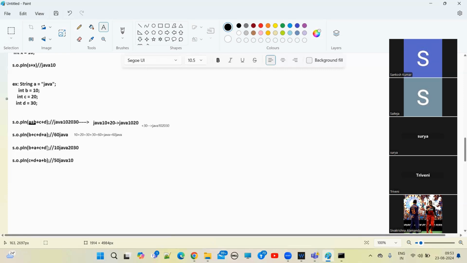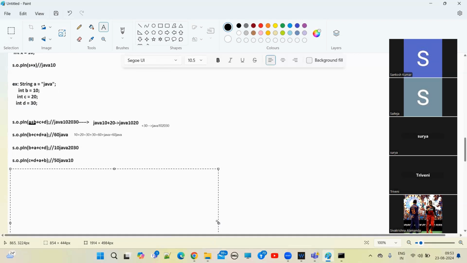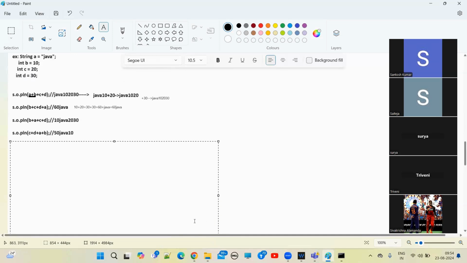In the same way, here also we have 10 Java 20, 30. Here we have 50 Java 10. Clear, everyone? Yes, sir. Okay. Now let me write one more scenario here, the same example. So here string A is equal to Java, int B is equal to 20, int C is equal to 20, int D is equal to 30. Now what I'm doing here is assigning